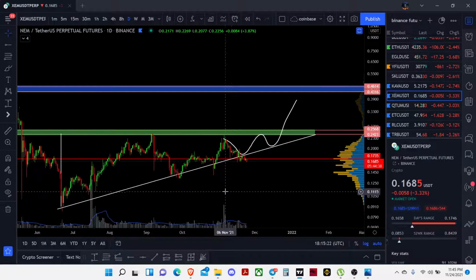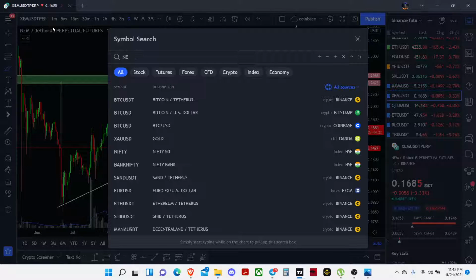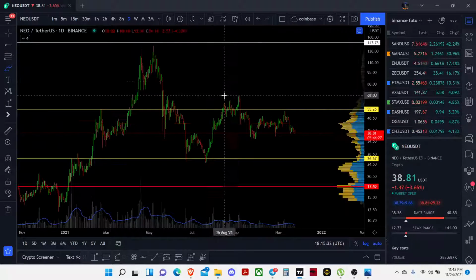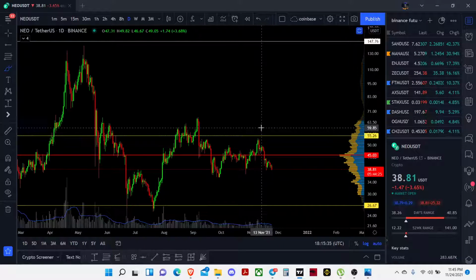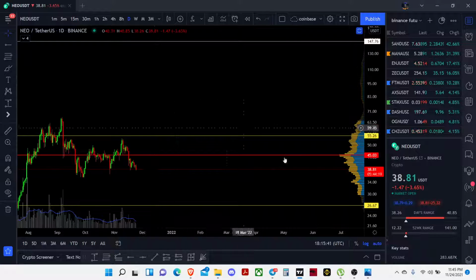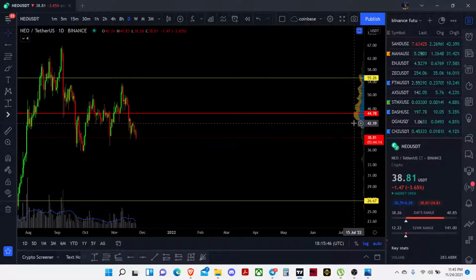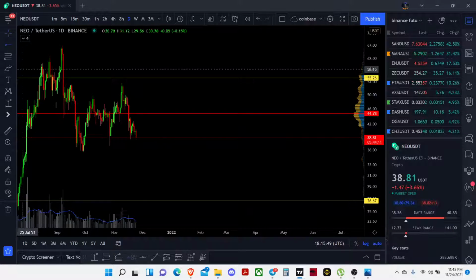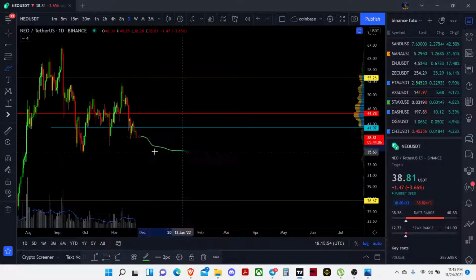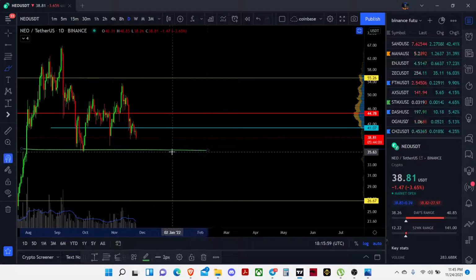XCM. I was a little bit bullish on this thing, but I would like to see NEO. What about NEO? NEO is down, man. Before the crash and the bounce, this is the volume profile, and we are below the volume area low. So the first thing we need is to reclaim this level. Otherwise, it will go even further down, come back down and test the support. The next support is this.